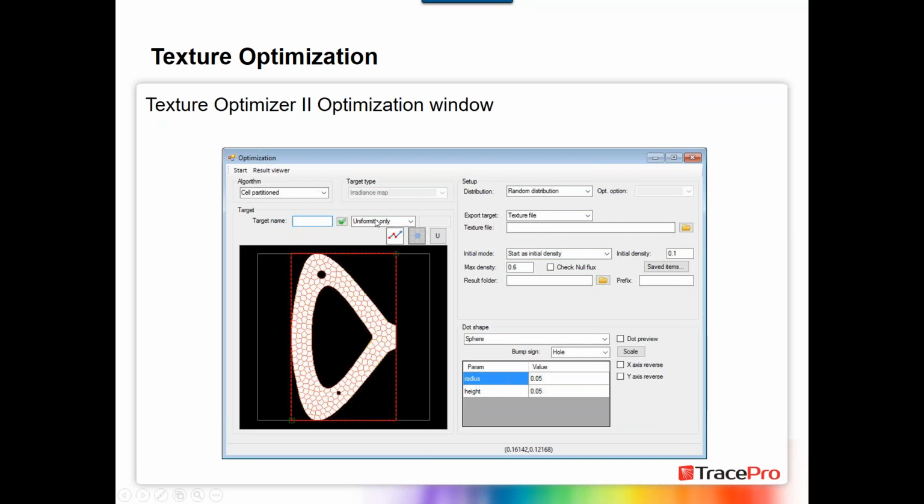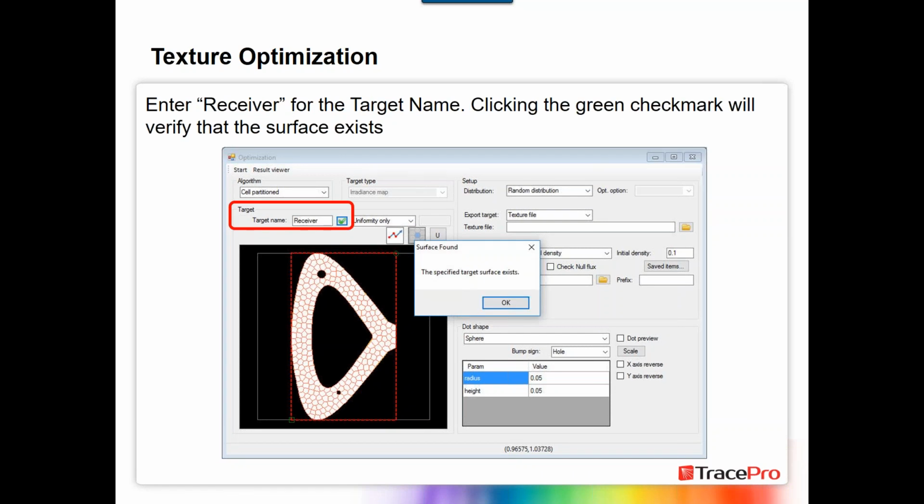We can choose we're doing a uniformity optimization. Now the first thing we want to do is tell it where our target surface is. If you remember back when I first was talking about setting up the model, I said I named the surface of my target object that's facing the light guide. I named it Receiver. So here I type in the name Receiver, and then I can click this green check